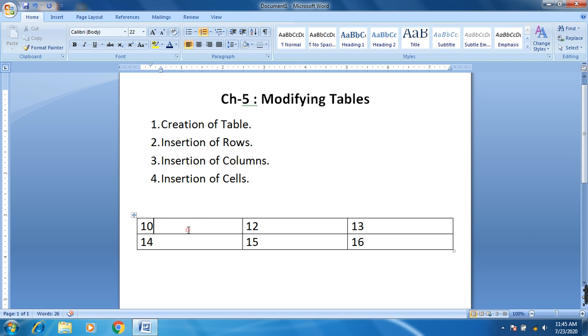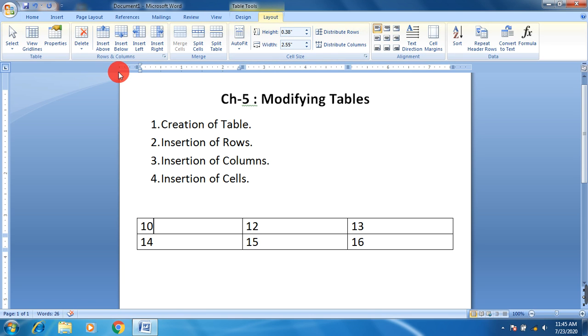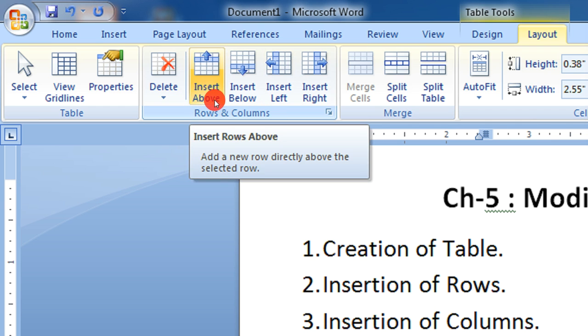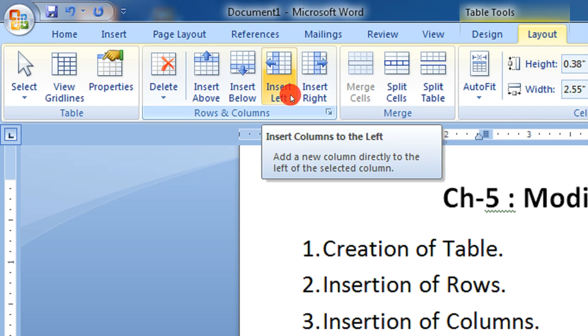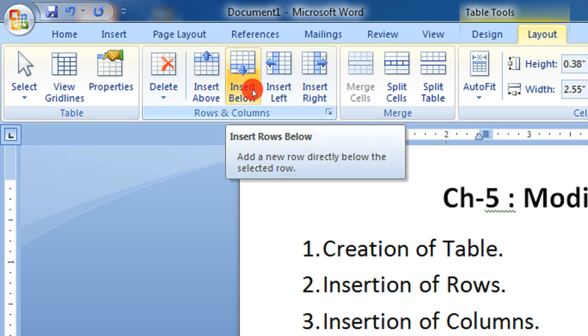If I click again in this table, both these tabs will appear. So to insert, click on Layout tab. Here you can see in rows and columns group, some options are given: insert above, insert below, insert left and insert right. All these 4 options are used for inserting new row and new column.